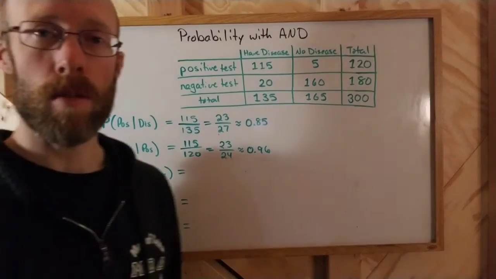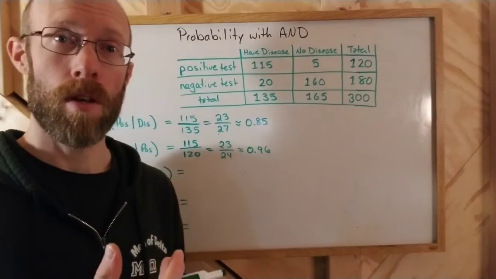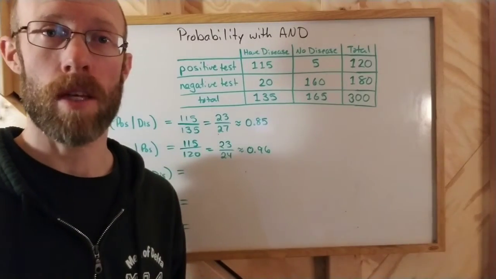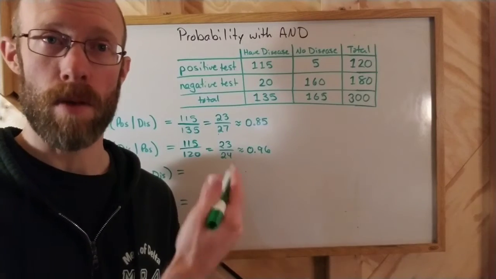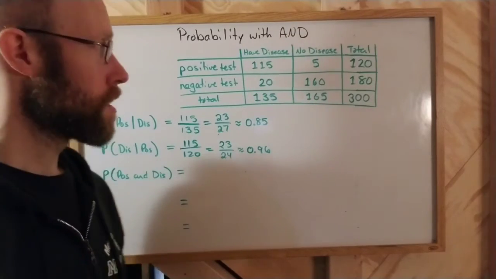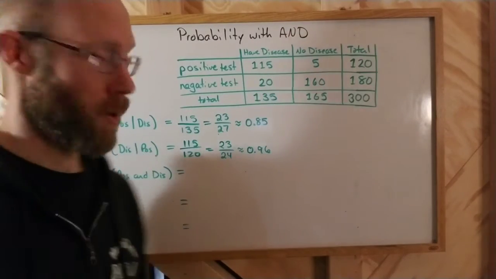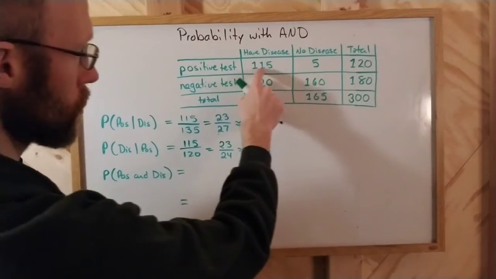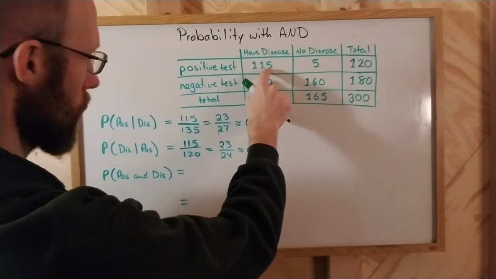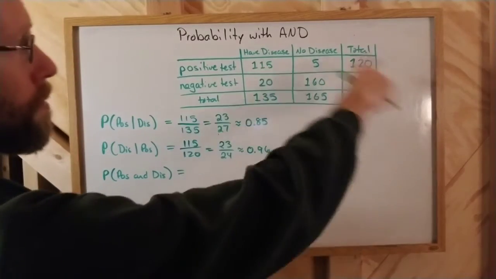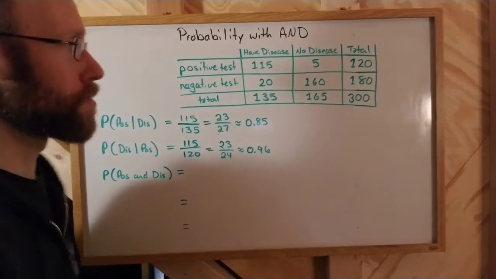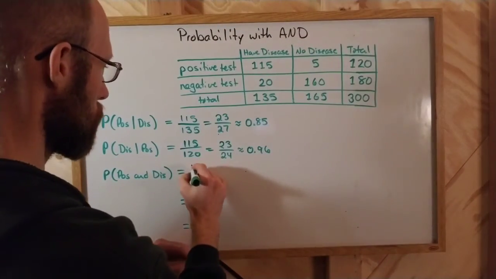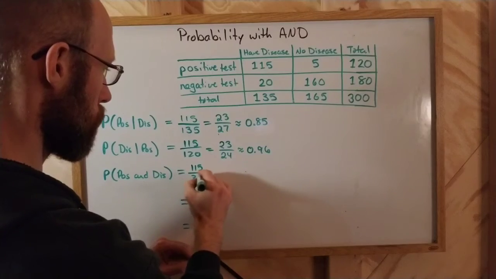But now let's look at the probability of having both a positive test and the disease. This probability can actually be calculated in 3 different ways based upon this table. The most obvious and easiest one is to take the probability of both of them occurring, which is the 115, and dividing it by the total number of tests, which is 300. Okay, so it'd be 115 over 300,